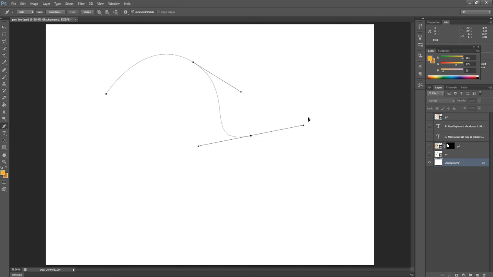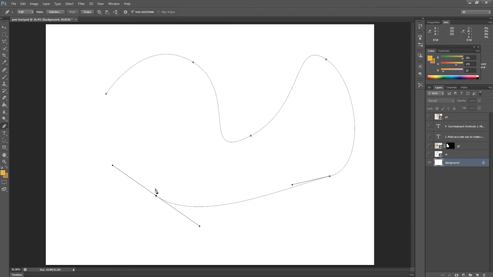This handle helps you understand that this is the previous curve, and after this the upcoming curve goes in this direction. Again we put our mouse here and drag it to make this kind of curve, and then again make a curve like this. This is the way to make any kind of curved shape, and this is the handle. We can edit the handle after making the selection or any shape.